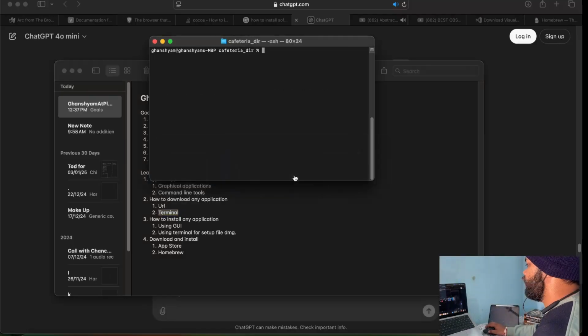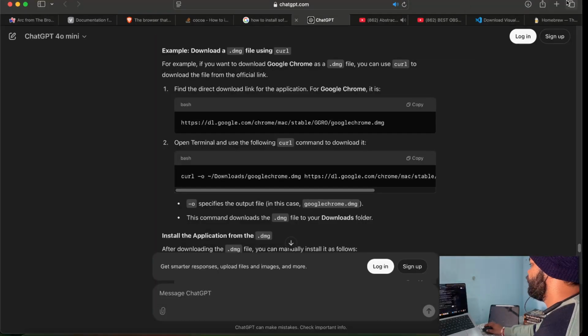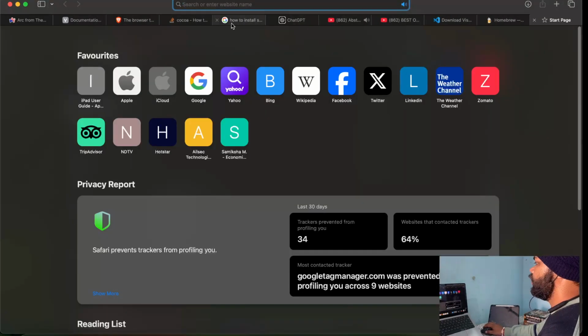For that, we'll open the terminal and use one more CLI tool, or command line tool, that is curl. So we'll do curl and then we'll say -O, right? And after that, we need to set the path, whatever the path for the application you want to download, right? So let's see. We need to find